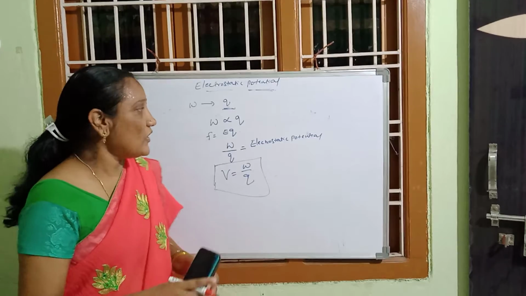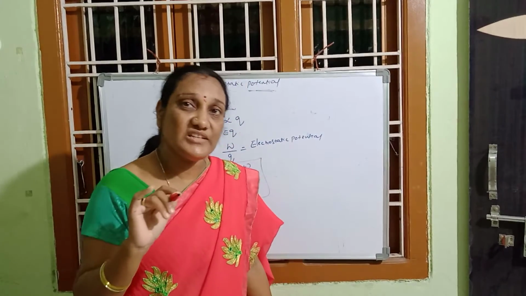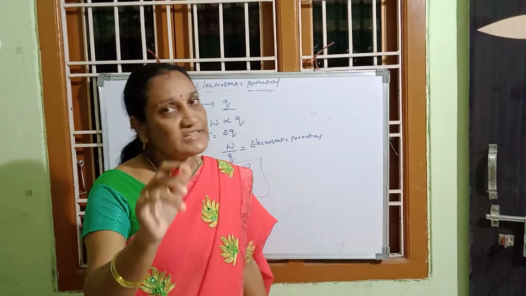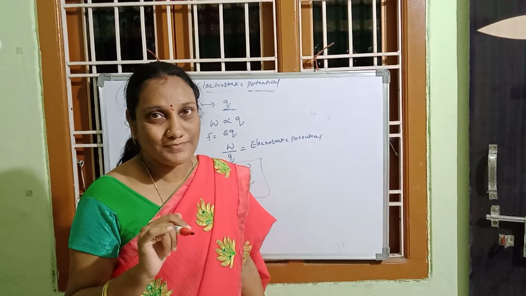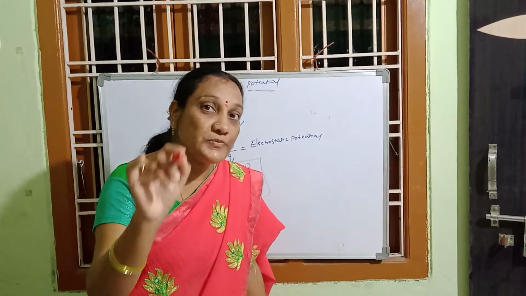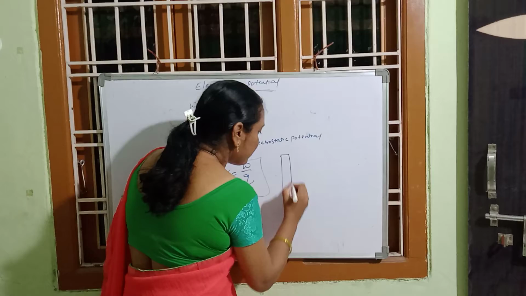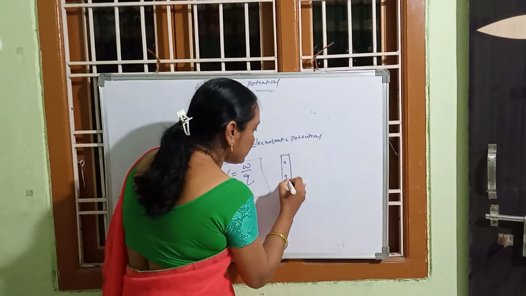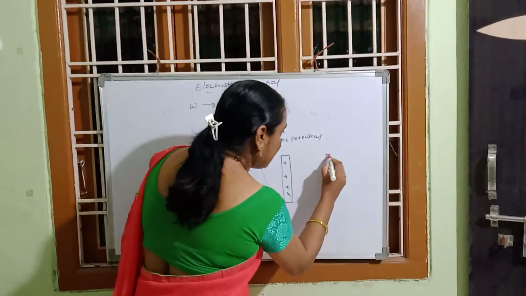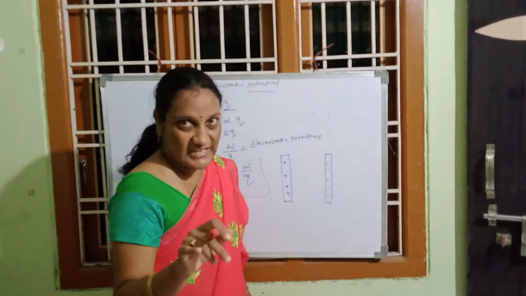Alright. Now next, why do we talk only about positive charges? We can take electrons also, no? We can talk in terms of electrons also, no? Now let us see why we only talk about unit positive charge. Here I took two plates. One is of positive charge, another plate is of negative charge.